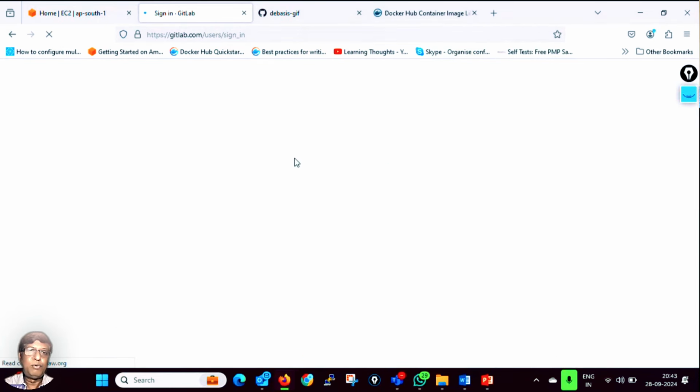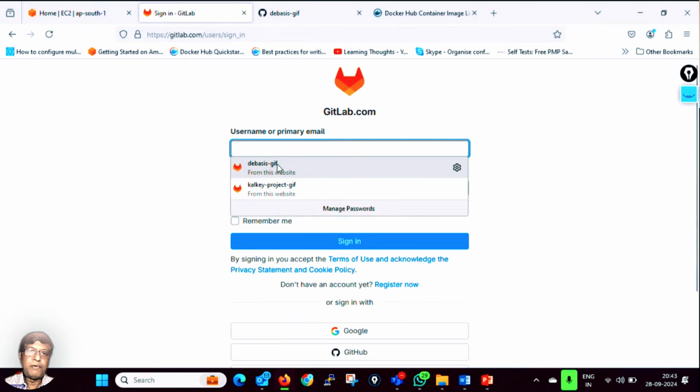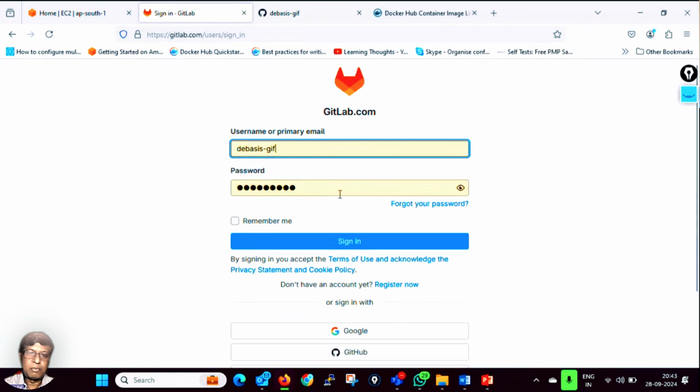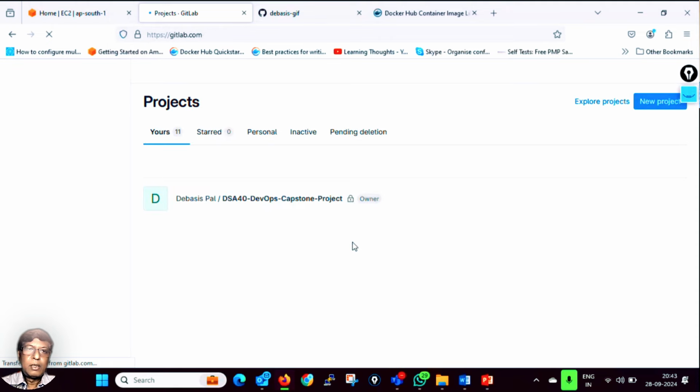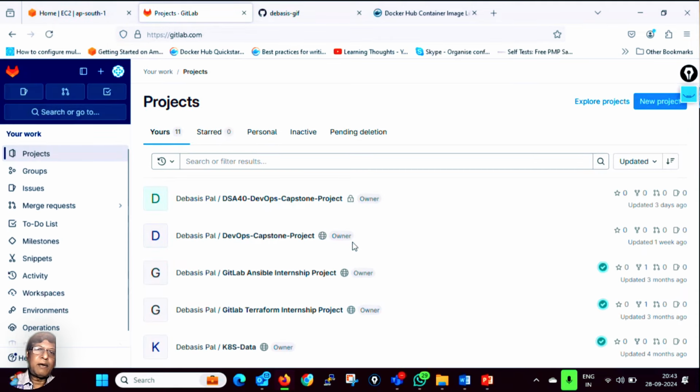Please let me know if you have some issues in finding out or having the audio or the visual, some problem. So I am logging into my account over the GitLab. So I have logged into my